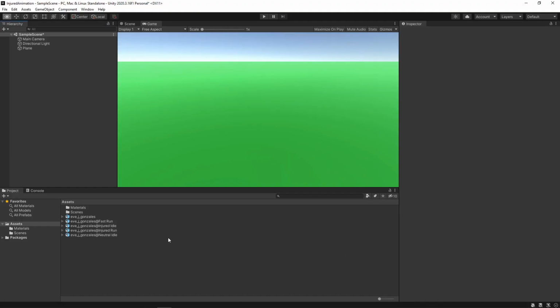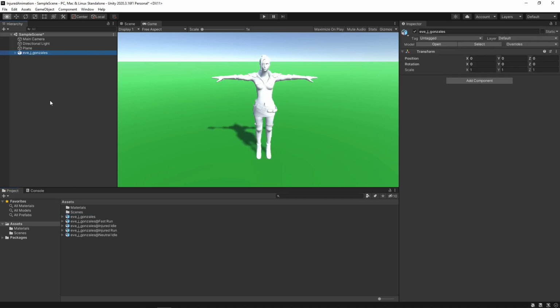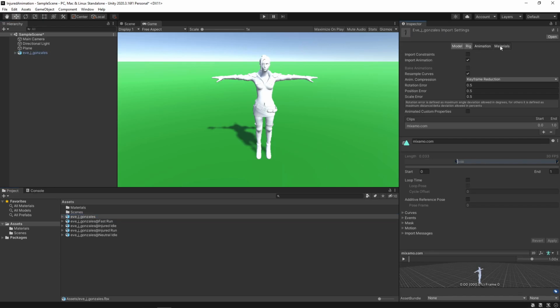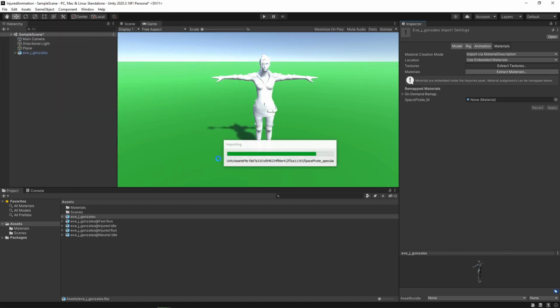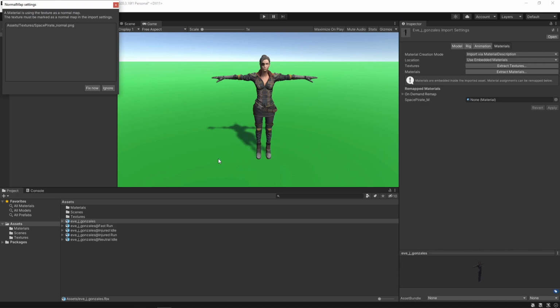Back in Unity, we'll drag the character onto the hierarchy. You'll notice that the textures are missing at the moment. This is because they're embedded in the FBX file. We can extract them by clicking on the asset, then on the Materials tab, and then on Extract Textures. We'll create a Textures folder to extract to. We'll get a pop-up regarding an issue with a normal map, which we can just click on Fix Now to